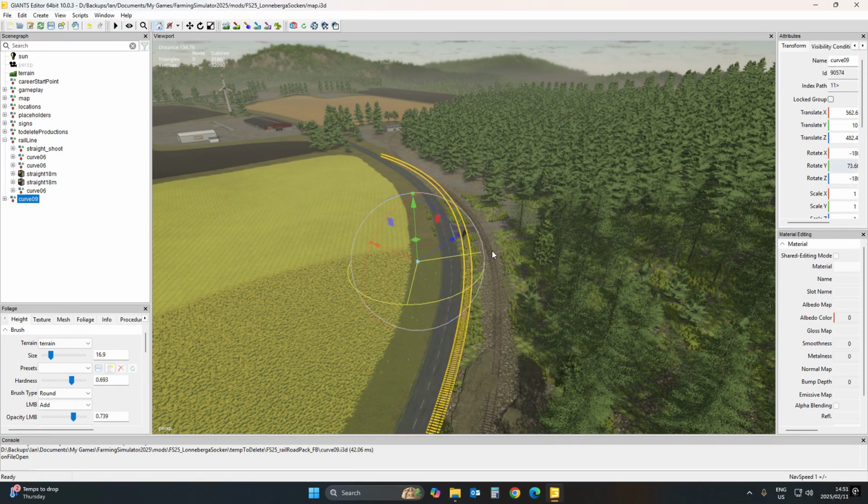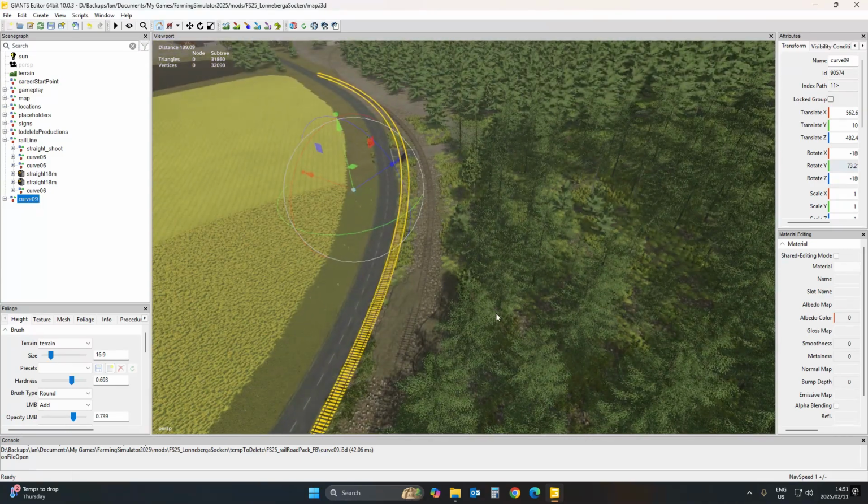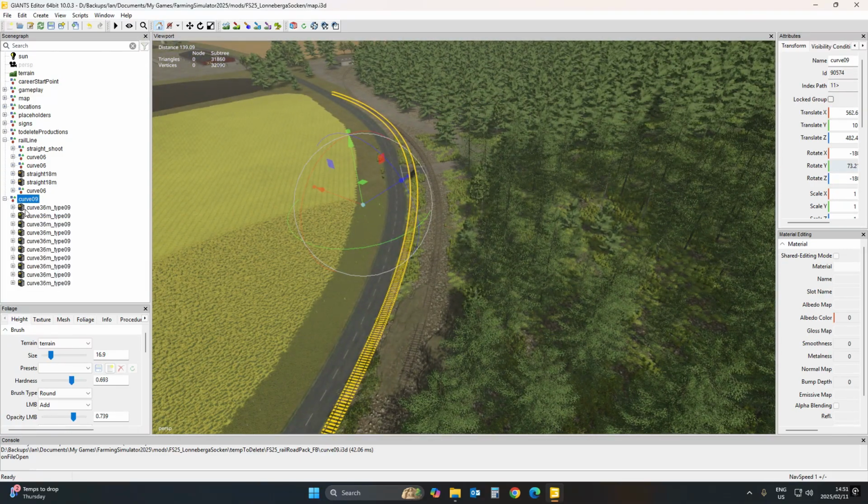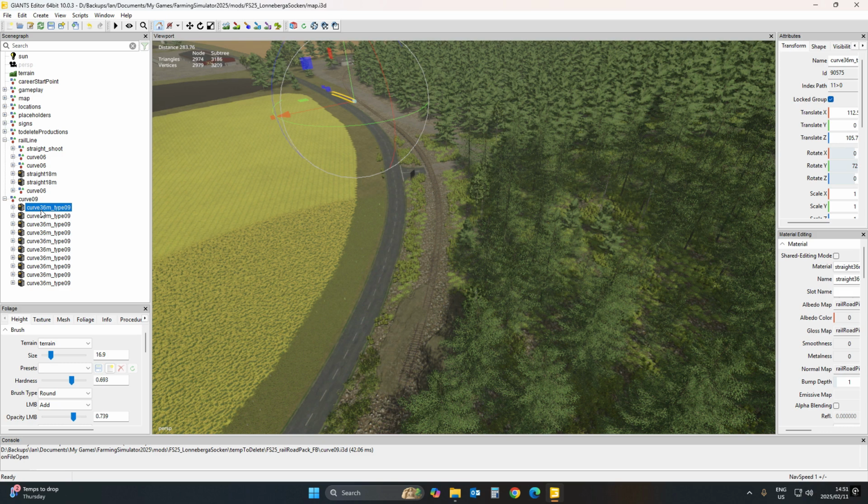Look at this nice bend. It's almost as if it was made for this. It's a little bit sharper than this bend. But what happens is this curve now consists of a lot of segments. You see there. So you don't have to use the whole curve. You just use what you need and delete the rest, and then re-import and carry on. Because now that this curve 09 is in your map,